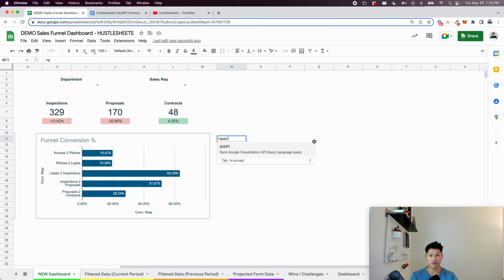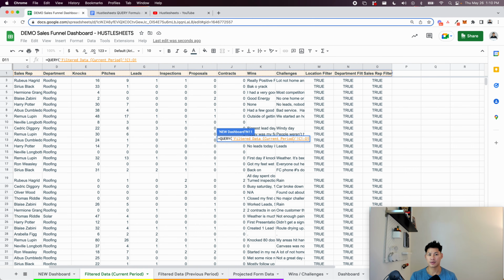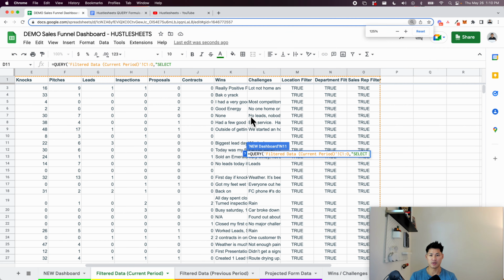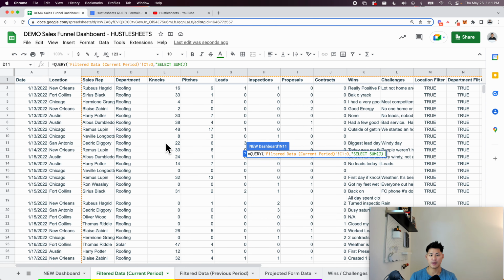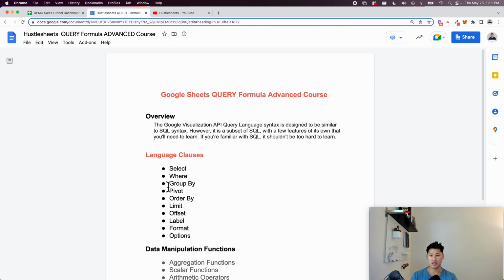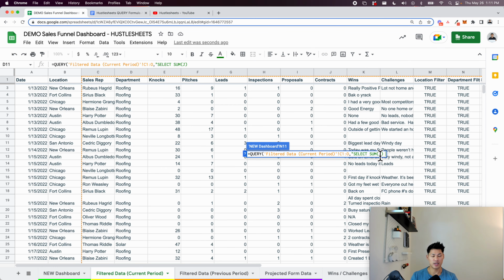This is a contracts leaderboard. This is basically just going to be a sum of all your contracts by salesperson within all these date ranges and filters, right? This one's really simple. You basically just go equals query, current period. I'm going to introduce you guys to the group by here. So select contracts, which is going to be sum of J. And then we're going to group this. Now group is the third one. If there's no where, it comes after select, right? Select J. I'm just going to group by,